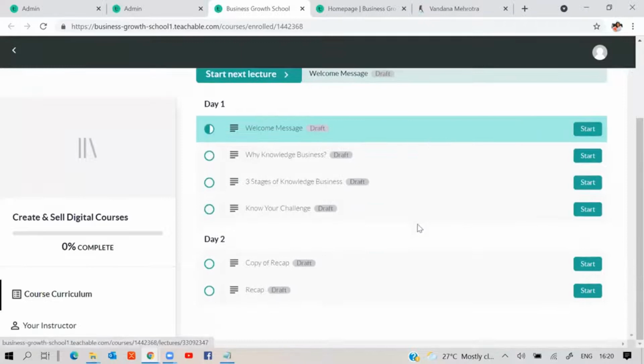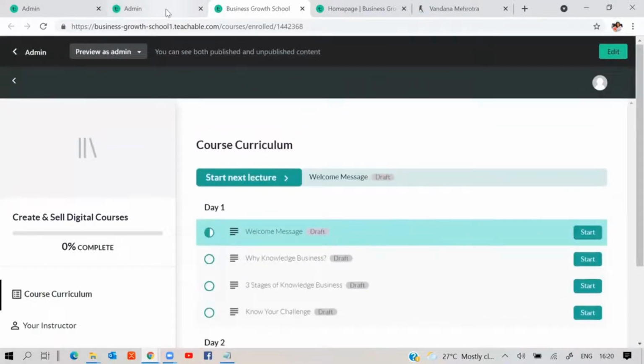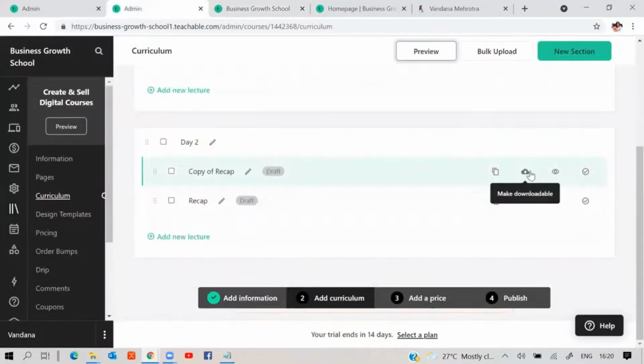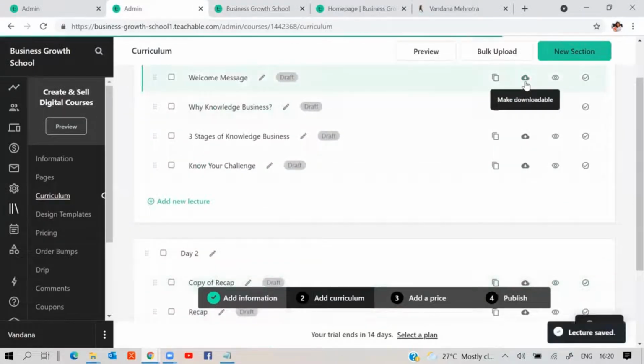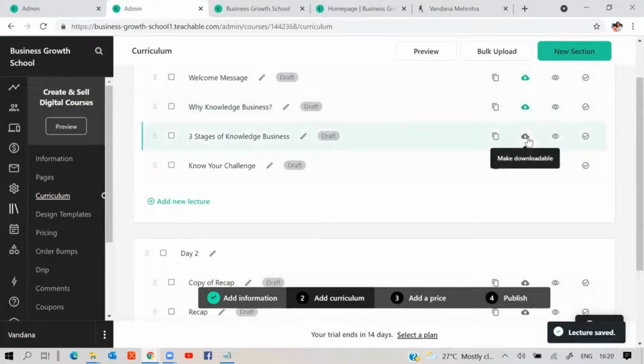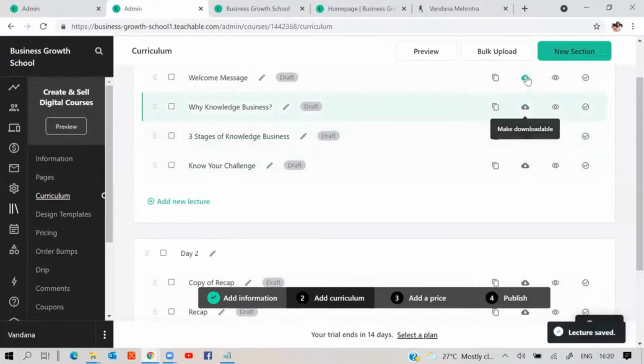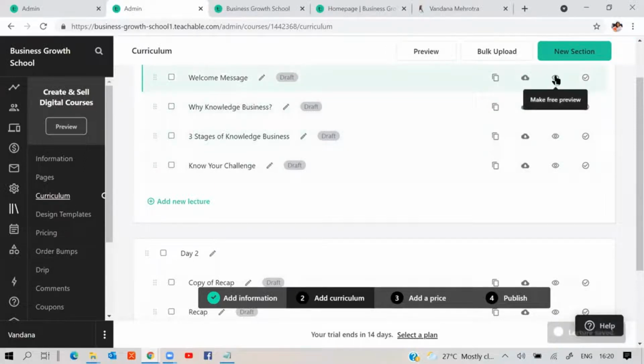This is how your course is shaping up. This is how it is going to look. If I make this downloadable, you can download my content completely and make it local. So I don't recommend that unless you have a PDF or something which you want them to download, then keep that option enabled.